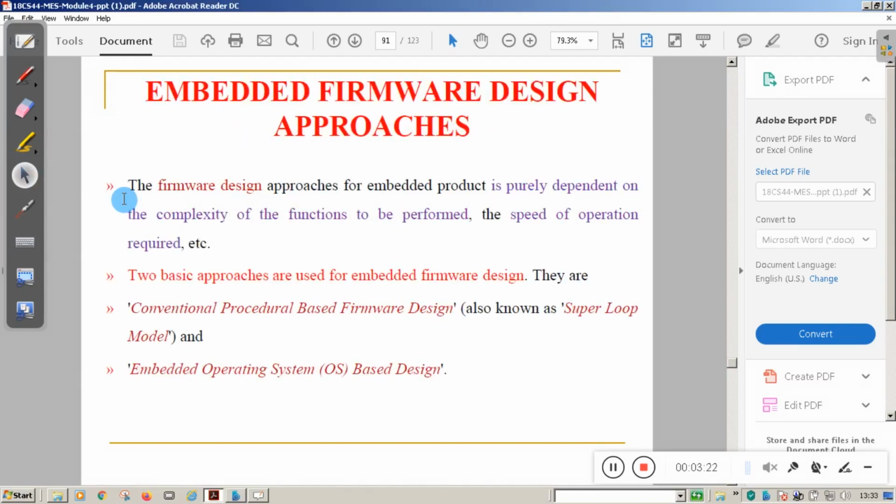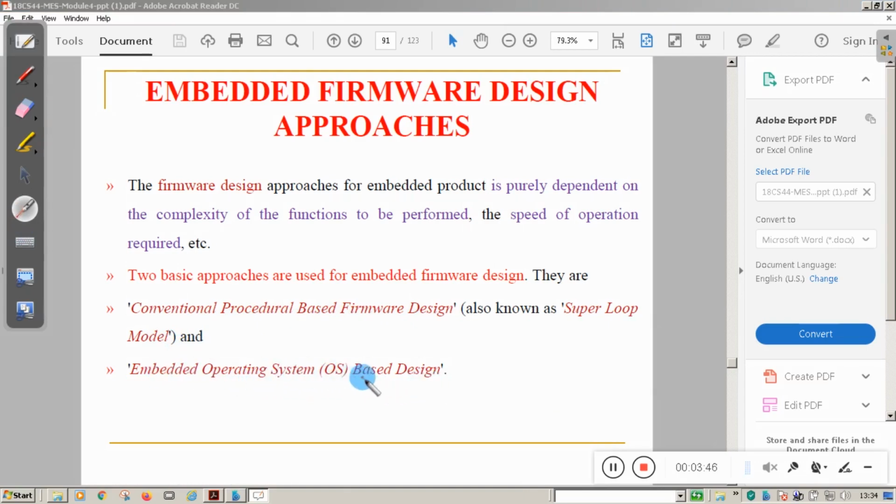Now, in embedded system firmware design, there are different approaches. Mainly two approaches are listed here. One is conventional procedural based firmware design, also known as the super loop model. The second one is embedded operating system OS based design.